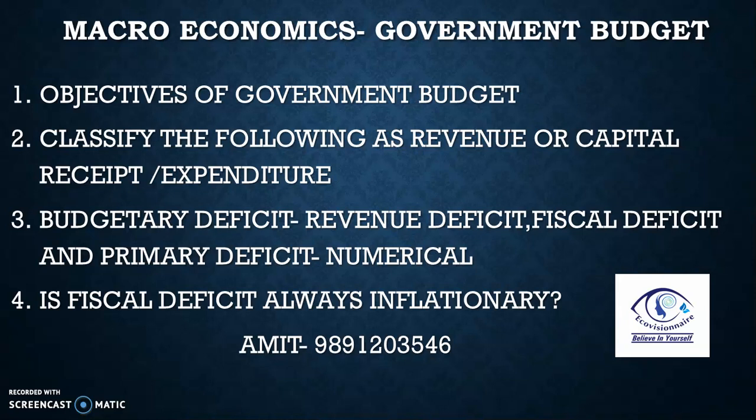Coming to third, very easy. You have to know the meaning of all these deficits. And also there's a chance that you're going to get a 3 or 4 marker numerical. Mostly the most important one is calculating fiscal deficit. And here I'll explain you one more thing. If there is something missing in the question, say capital receipt is missing, and you have to calculate fiscal deficit, or capital expenditure is missing. So if one of them is not given, you have to take borrowings as fiscal deficit. So there you can easily understand that borrowing is given, so that is the fiscal deficit.